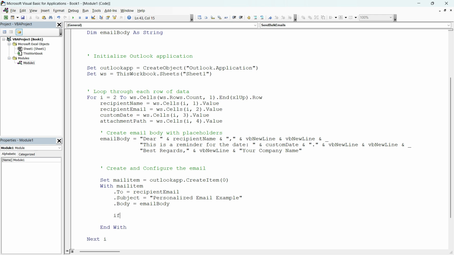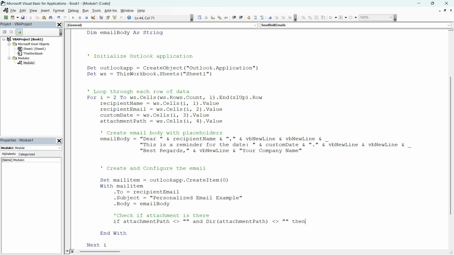Okay, and for the attachment, let's check if the attachment has a value or not, because if the value is not there, we are not going to attach anything, and if the value is there, we will attach the attachment to the mail. As you know, we have put the path over there, so whatever the file is, we are just going to check like this: if attachment path not equal to blank, because if it is nothing, and also we are going to check in the directory whether the directory has that file or not.